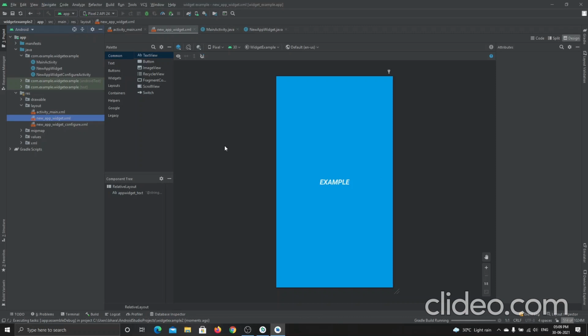Like, I have not set the layout, or the main activity, or any of the files. Before editing, I'm showing you, but it comes with a configuration file, so you can use this widget directly. Okay, let me show you.